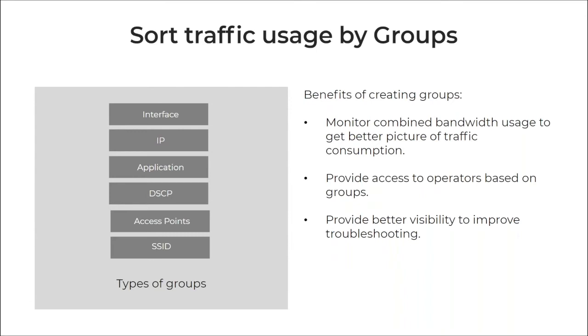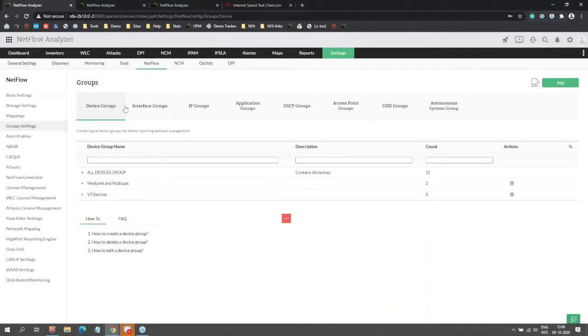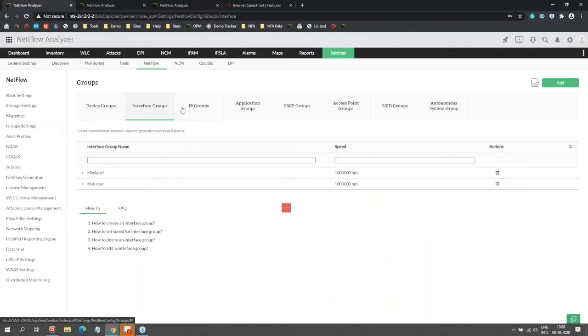Provide better visibility to improve the troubleshooting. To understand what went wrong, you can see that there's a high utilization alert, but in order to understand where it's happening, you can use this method. As I said, you can group the interfaces, you can group even IP addresses. You have application, DSCP groups, access points, SSIDs and so on. One thing that is actually quite interesting is you can group